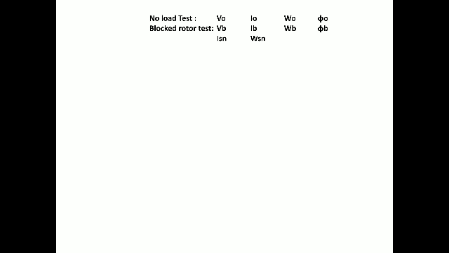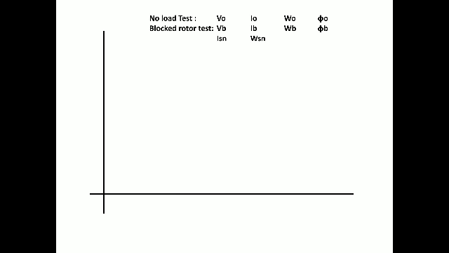So let's construct the first one. You have to fix two scales, horizontal and vertical. Fix the vertical scale as a current scale. Then fix some current related to the ISN value, then the I naught value. Then after fixing, you have to draw a line. This line is constructed by I naught with the angle of phi naught from the vertical axis. After that, the edge of this line should be marked as a reference line. So draw the line of reference. This is considered as the reference now.